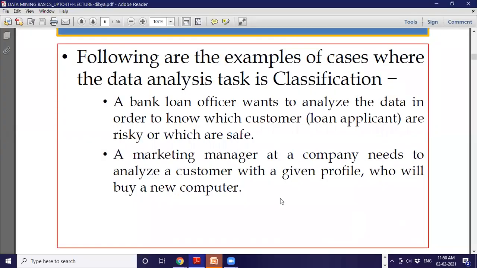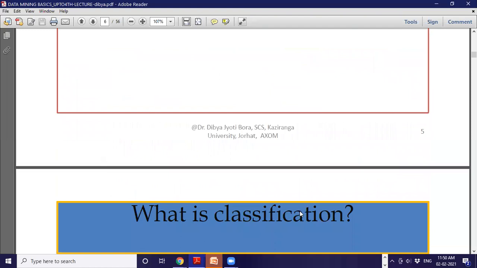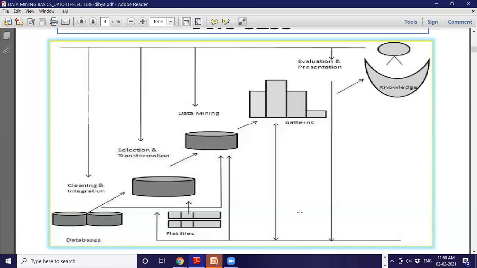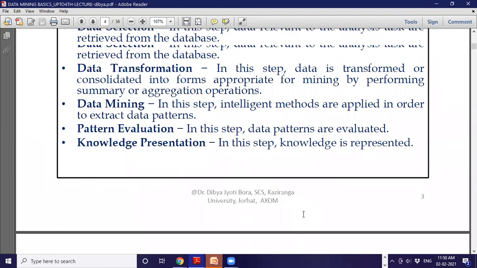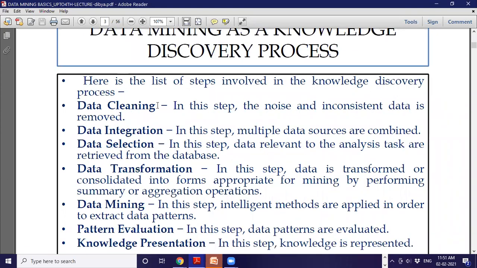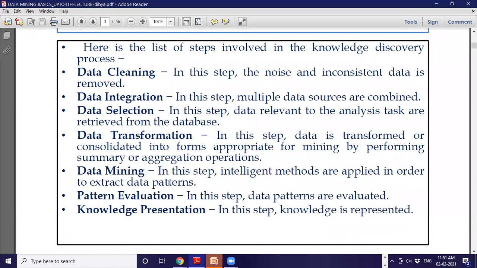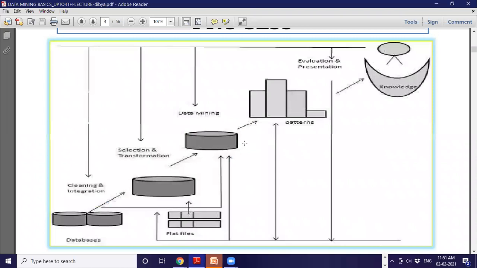Yes, sir. Okay, so I hope that each of these stages is clear to you. We have seen the data cleansing process. After that, we have data integration, and then data selection. Then we have data transformation, and then the final process, that is data mining. After that, we have pattern evaluation, and then we represent that knowledge. Each and every step is clear? Okay, so this is the diagram. Now,